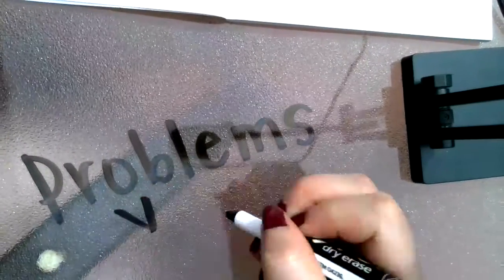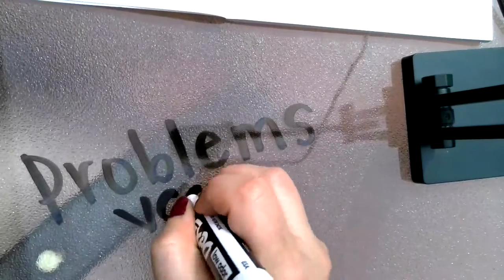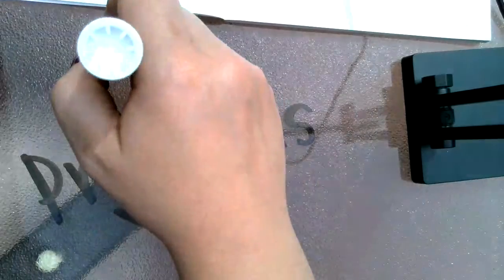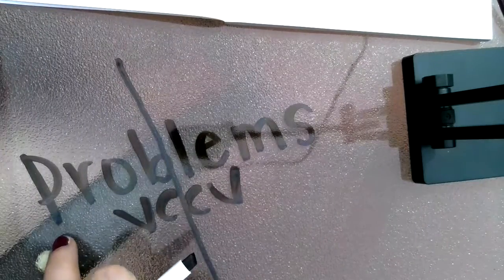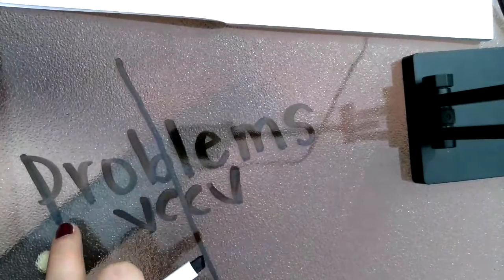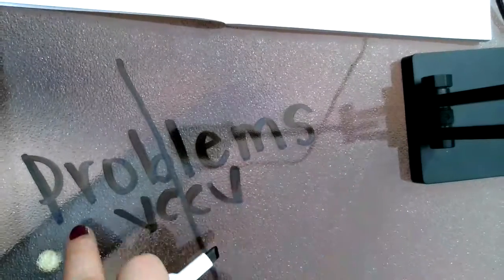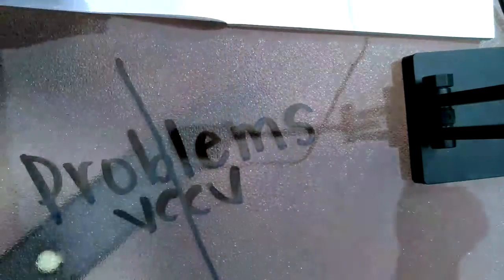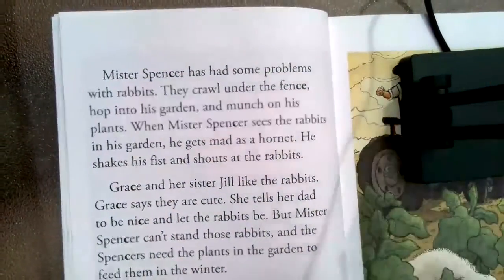So I have a vowel and a vowel. Ooh, well look, I've got two consonants in between. And we've learned from the other words we've broken apart that most of the time you can divide between the two consonants. So we have prob, lems, problems. Mr. Spencer has had some problems with